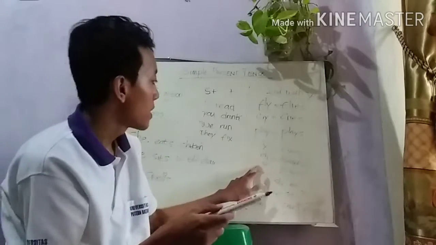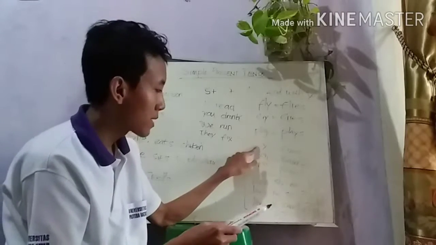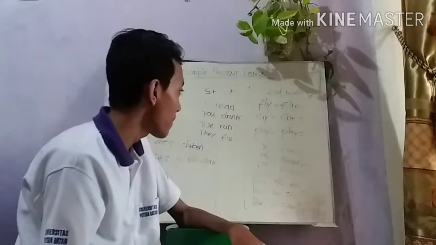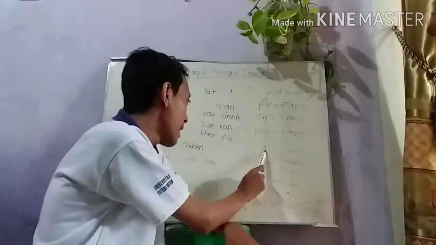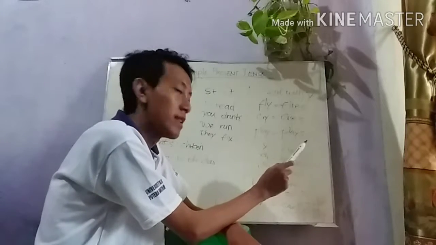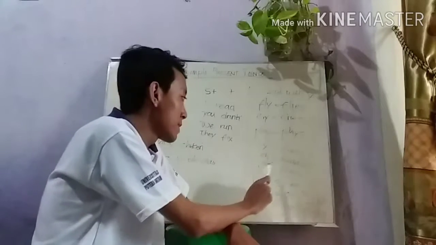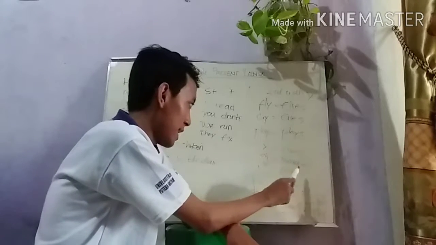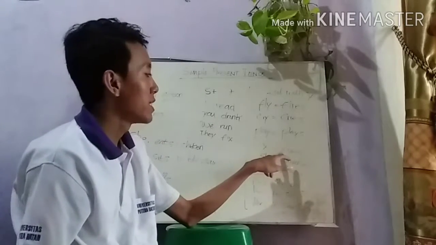And then there is some exception too. If the end of the verb is x, ch, or ss, we add es after that word. If x, the example of the word is fix, so we add es behind it, and it became fixes. Ch, the verb is match, we add es, it became matches, and passes. For the example of this is